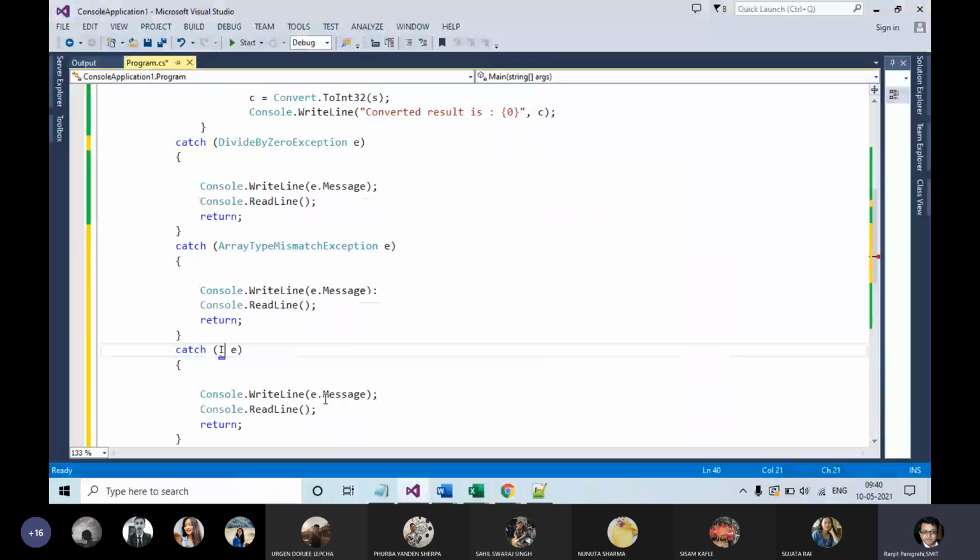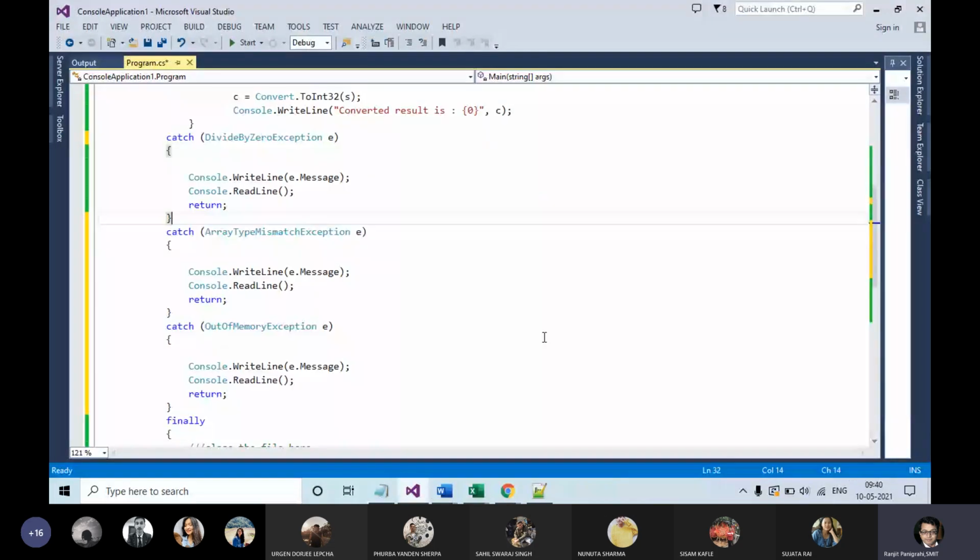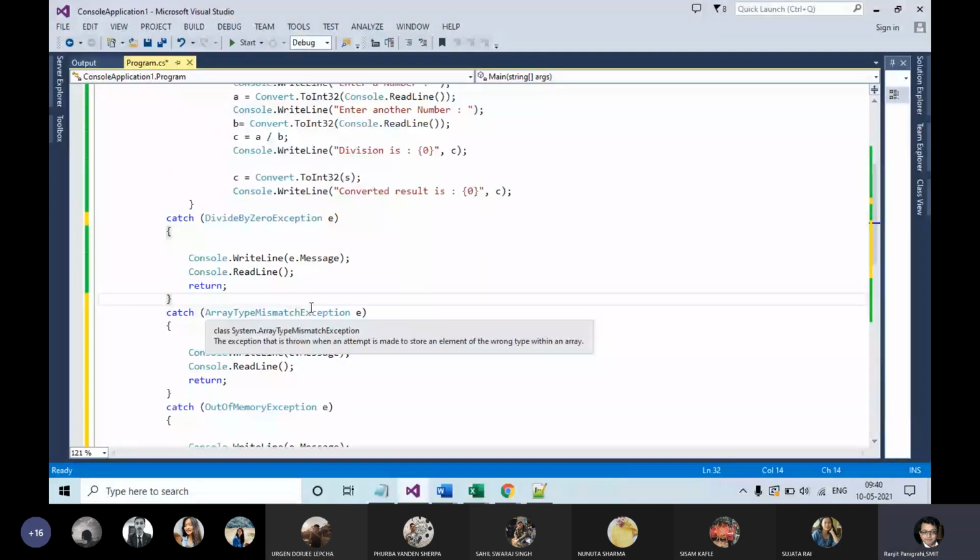You can provide multiple catch blocks. One try block can have multiple catch blocks.